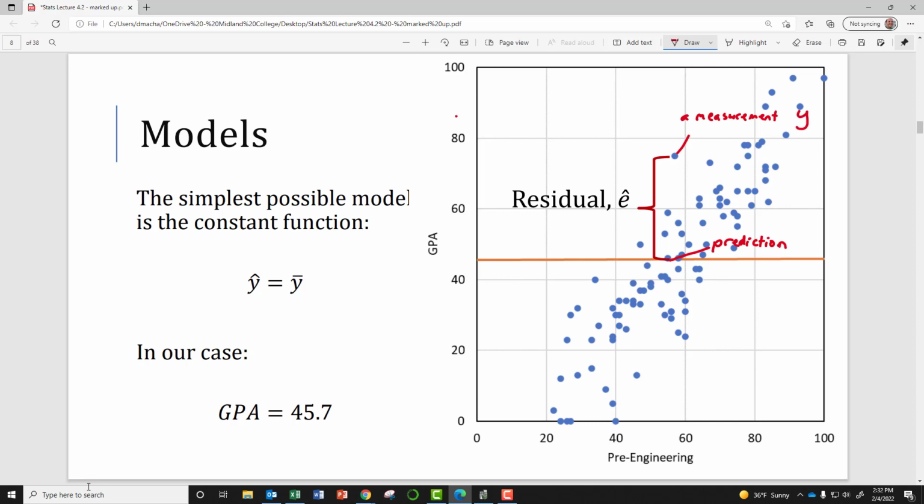So I might call this y subscript i, that's one of my measurements for the response variable, and my prediction would be y hat i. This is what we call a residual. And we use e with a hat on it to represent the residual, because what this is saying is this is the,